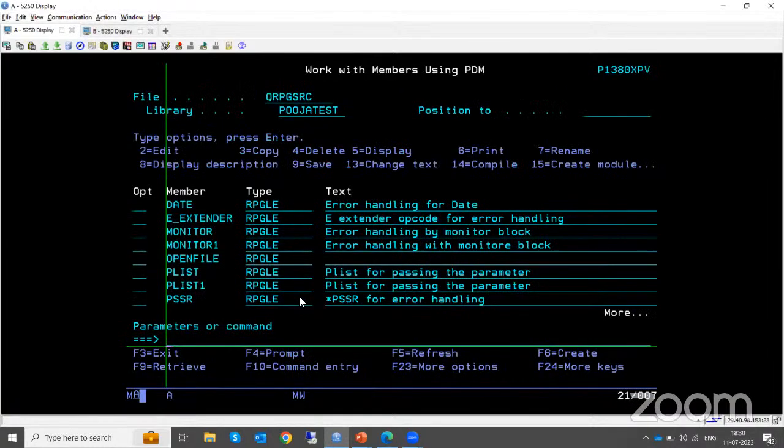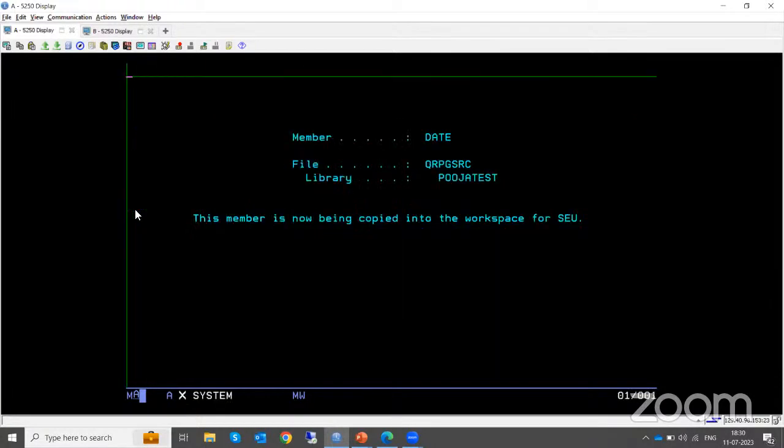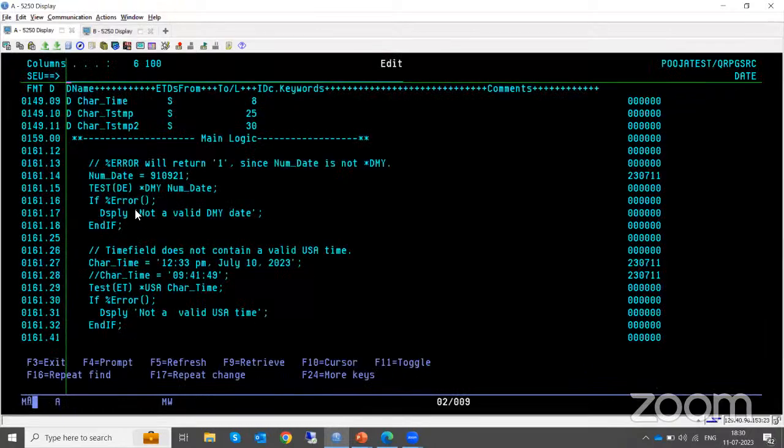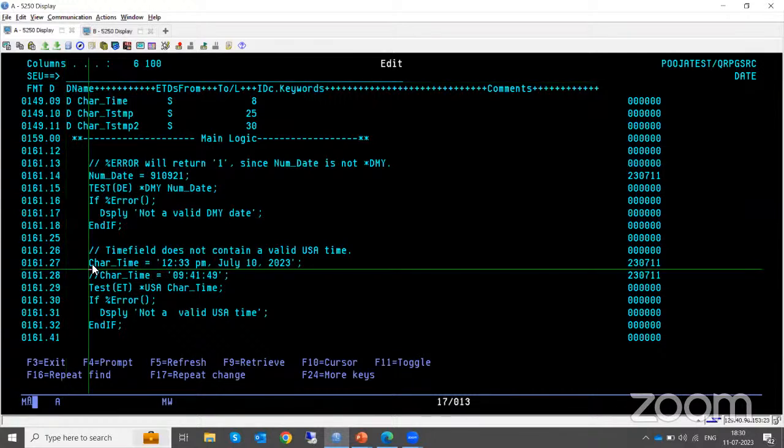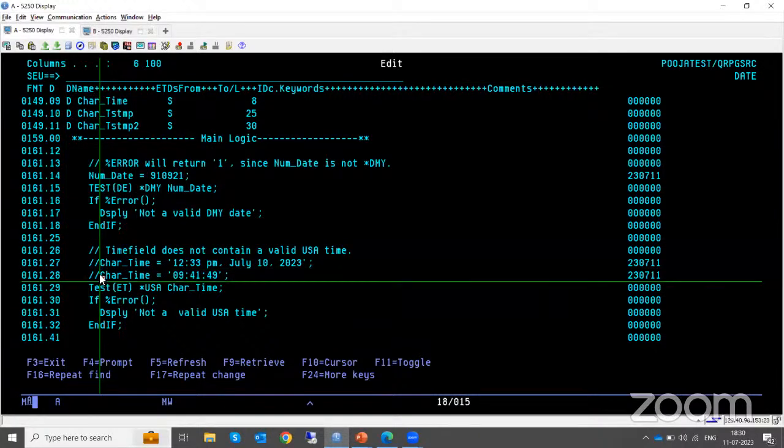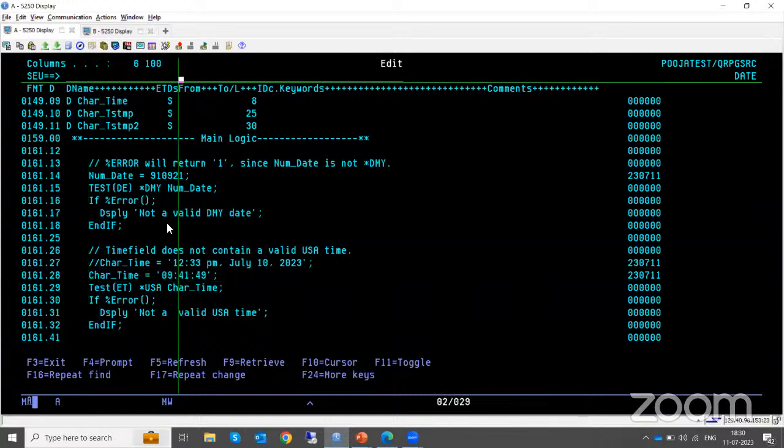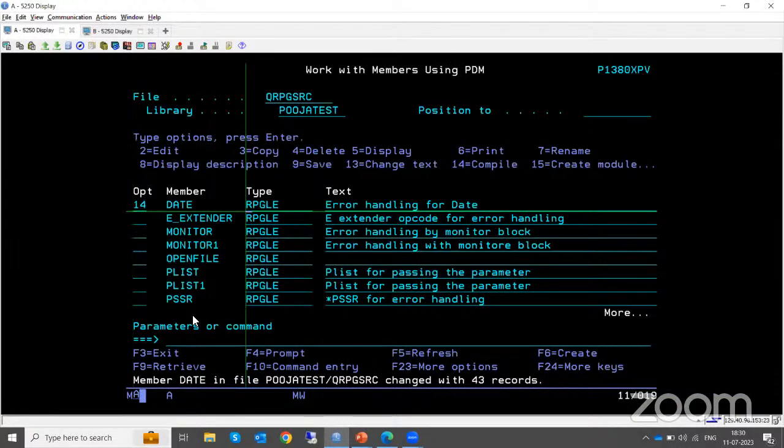Okay. And so if I change the values for the time, here we have the correct time, but if I give an incorrect time, let's suppose I comment out the correct time and use an incorrect one, and I compile the program, the time is not correct, so it will display "not a valid USA time". So I will compile it and run it,